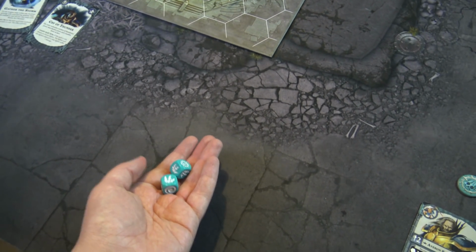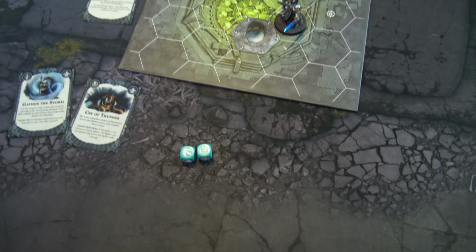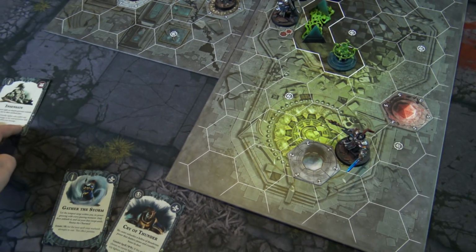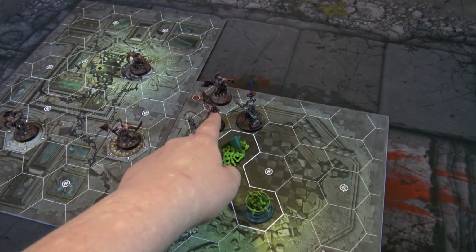Okay. I can't stop it anyway. Oh, you nailed it. We get it with a crit and a lightning, so that would also remove Insensate. Yeah. So that will go away because the damage has been suffered. It only causes 1 damage anyway. So that means Blooded Siak